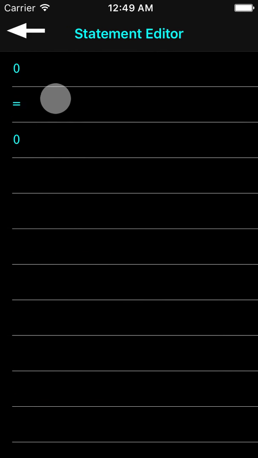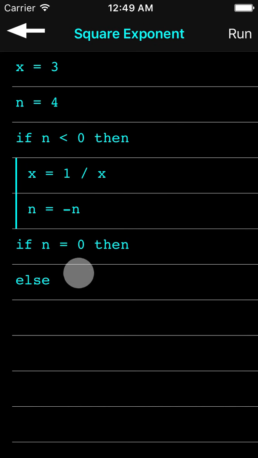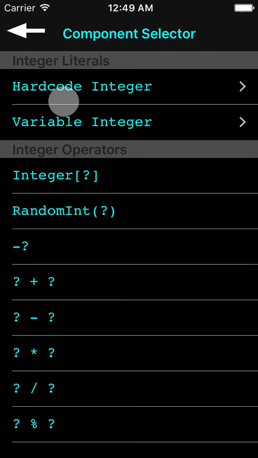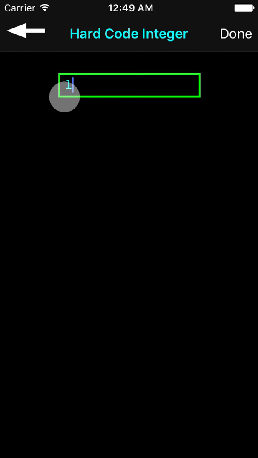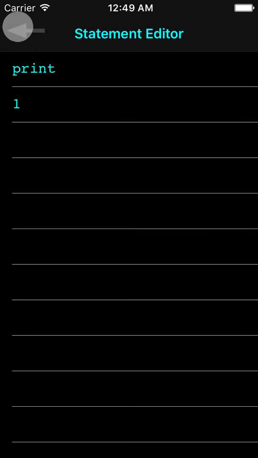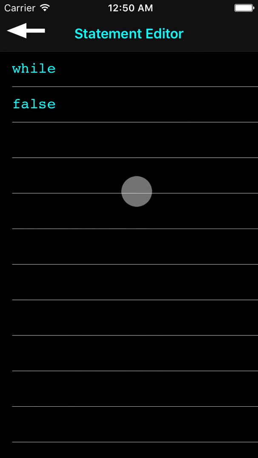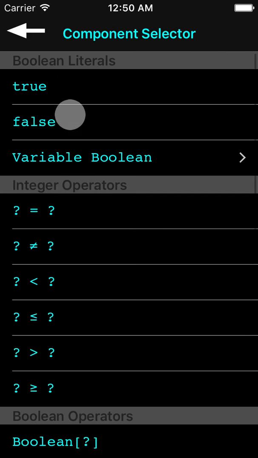If n equals 0 here, then we'll do print 1, else, and here we'll have a while loop, while n is greater than 1,